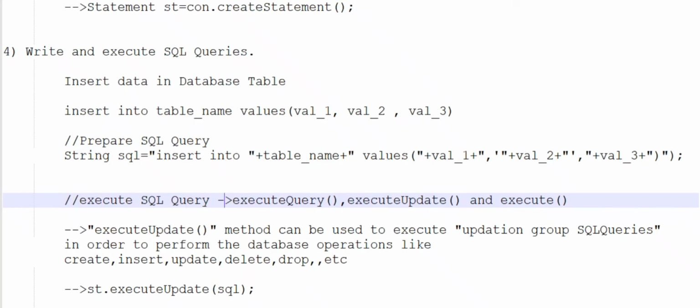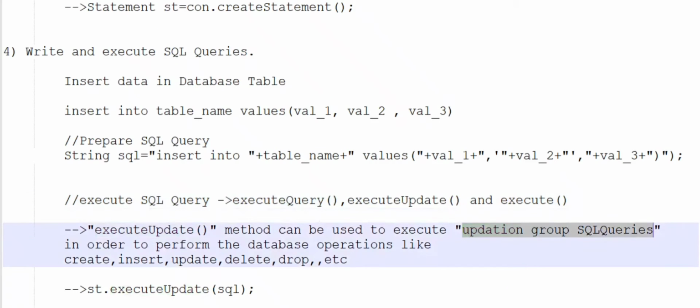Remember, to execute a SQL query we have three methods: executeQuery method, executeUpdate method and execute method. executeQuery method is used when we have selection group SQL query, and executeUpdate is used when we have updation group SQL queries like create, insert, delete, etc. In our application we will use insert keyword, so we will use executeUpdate method to execute our SQL query.